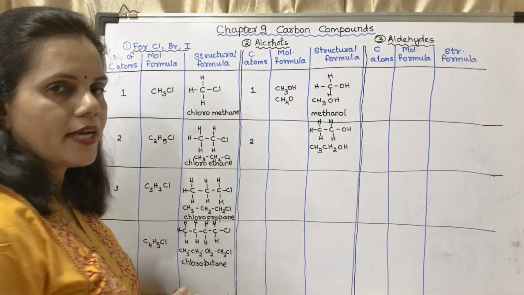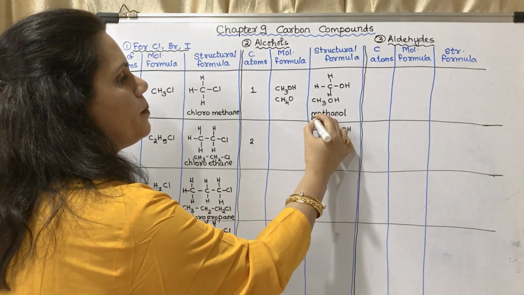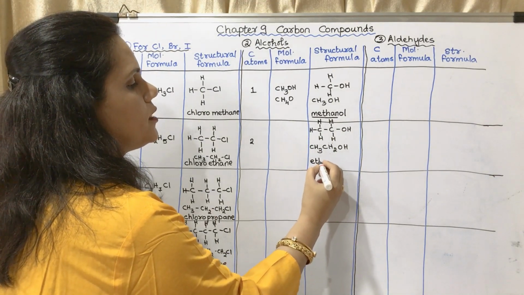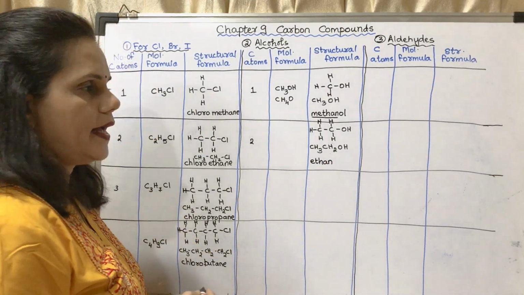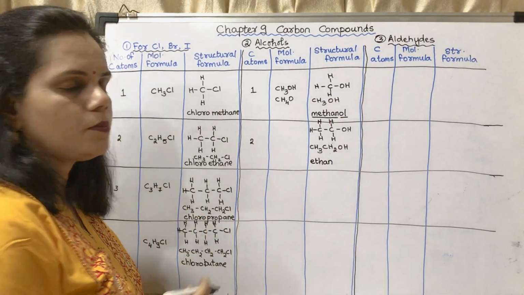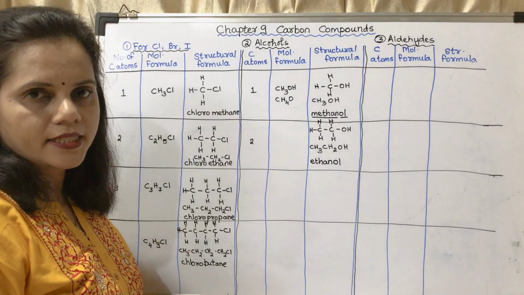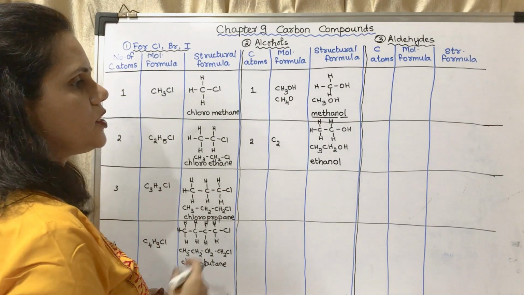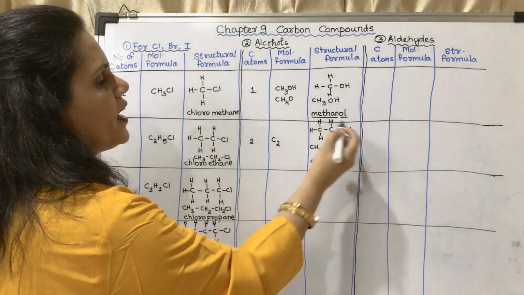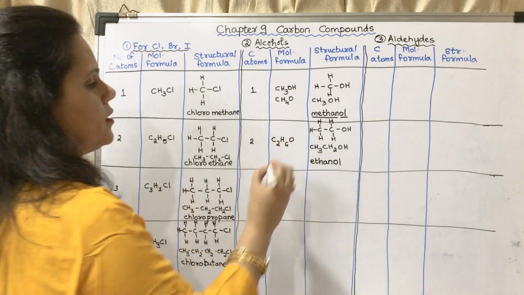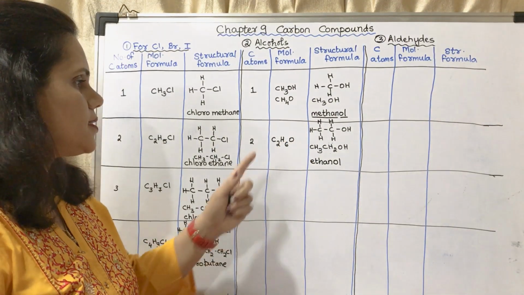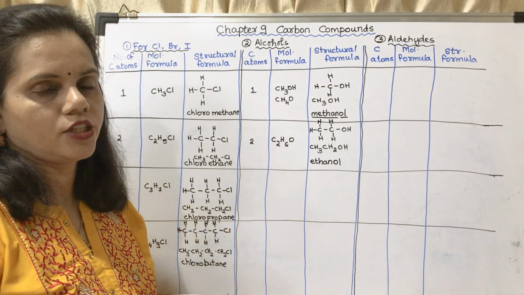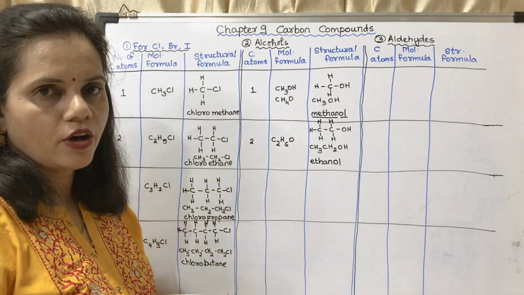Okay, now what will be the name? Here it is methane because there is one carbon atom. So here there are two carbon atoms. So the parent name will be ethane plus the functional group, that is OL. So the name will be ethanol. Now we will write the molecular formula C2. How many H are there? 2, 4, 5 and 1, that is 6 and 1 oxygen. This is the molecular formula of ethanol. This is the condensed structural formula of ethanol. This is the structure of ethanol.